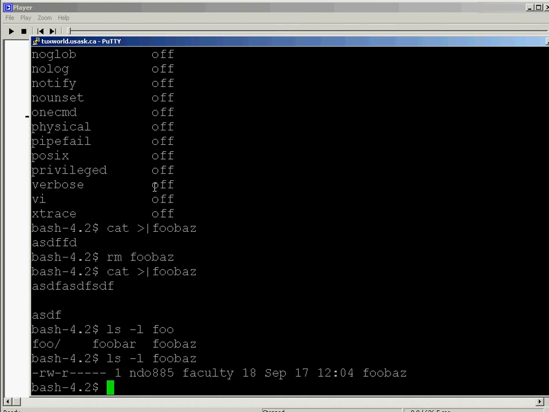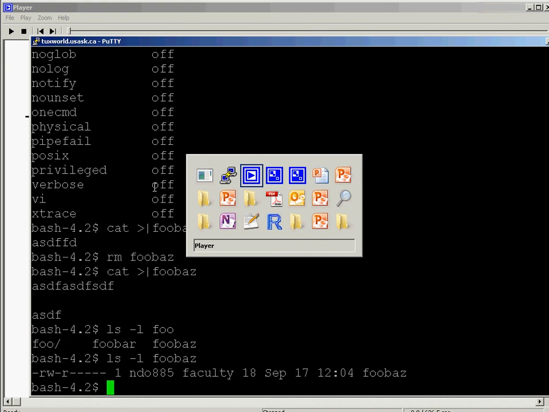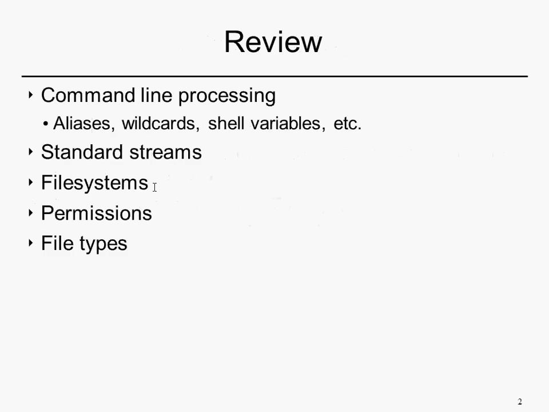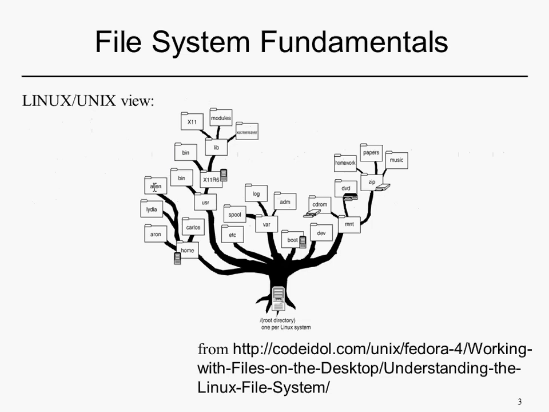I'm going to have to move on to a different topic because this is all review. We're having a good review here, but I hope this is helpful. A couple other things. We covered streams, file systems, some permissions issues, and file types. There are a few things I didn't mention, and I probably should have. One thing is there's two commands that are really, really useful on the file system side. I think I may have let you glimpse them, but you didn't see them in more detail. So let me just